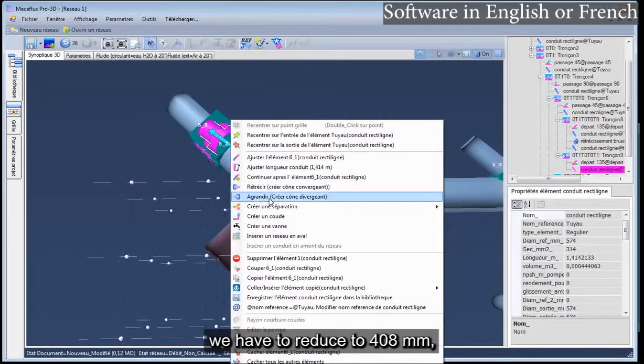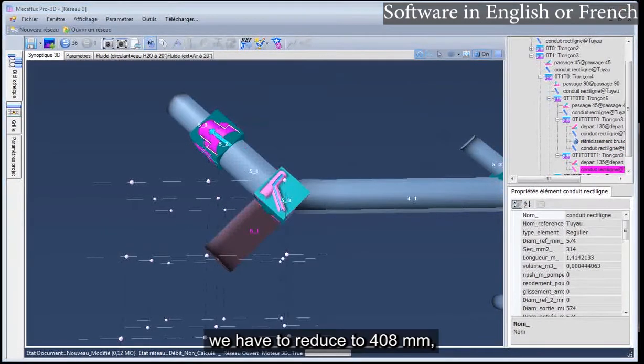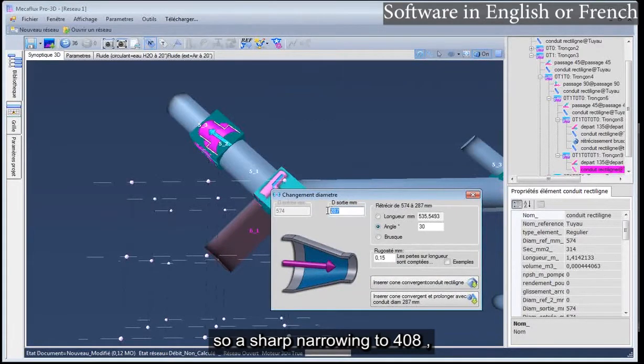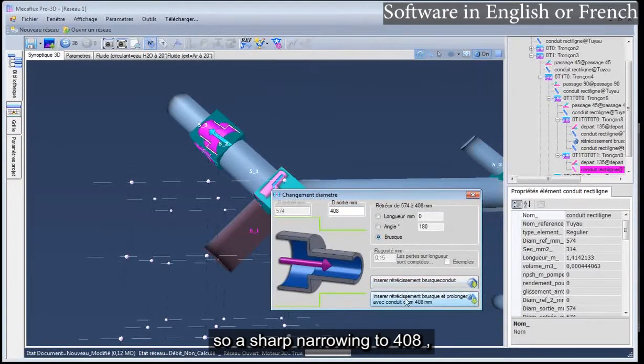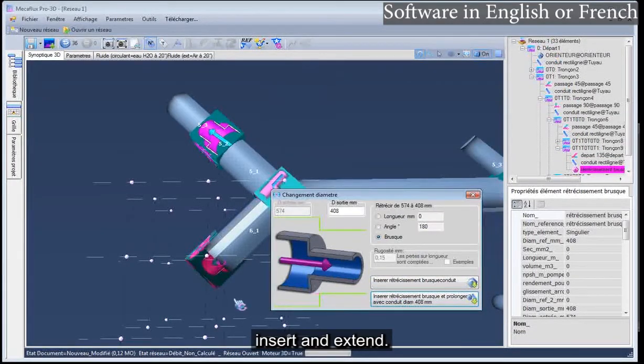We have to reduce to 408 mm, so a sharp narrowing to 408. Insert and extend.